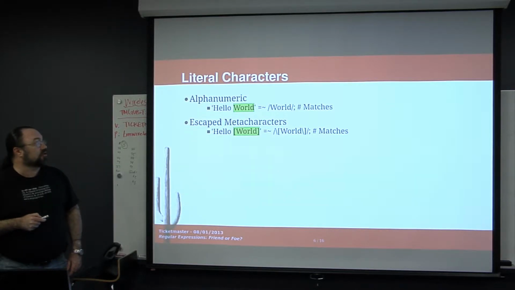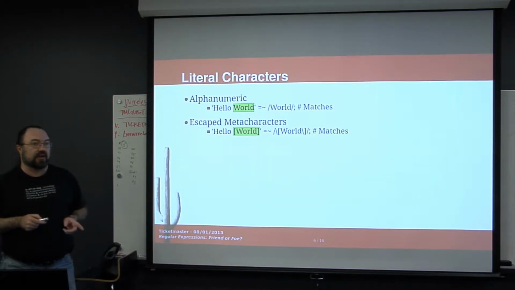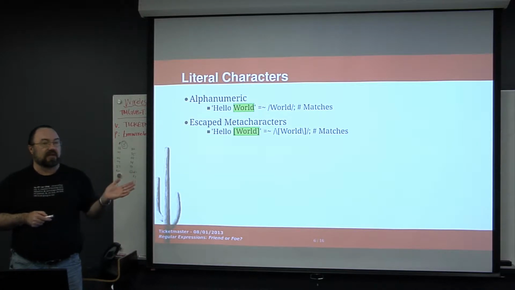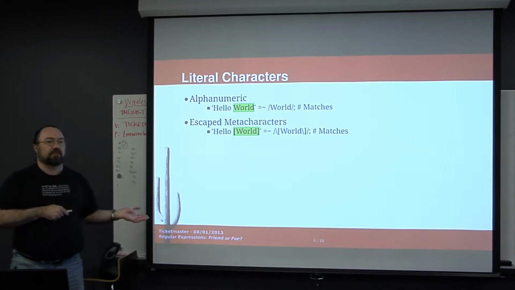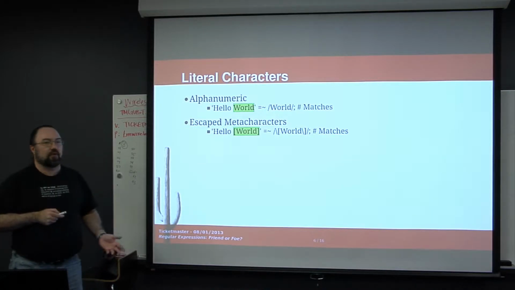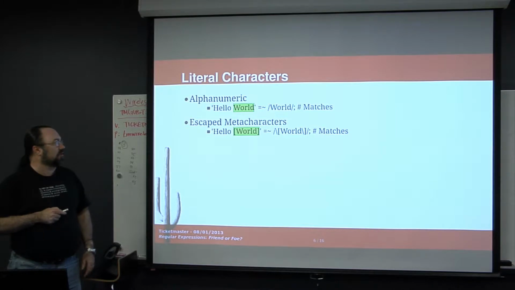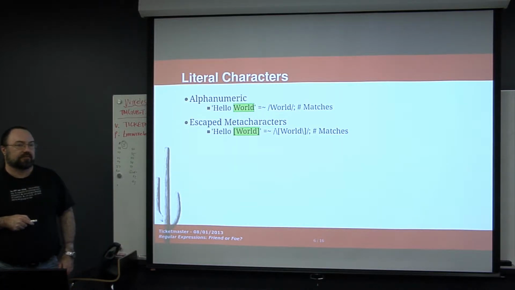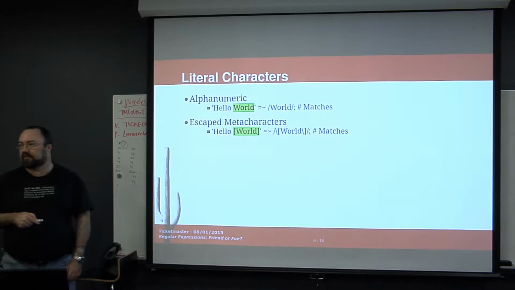Escaped metacharacters are treated as literal characters. That's what I was referring to before. If you want them to be treated as literals, you put a backslash in front of them, that takes away their special meaning, and it says, I really do mean a square bracket. I don't mean a character set. I actually want a square bracket. So if you had a string like this, notice I've got the backslashes in front of that, and so that will match. Any questions on that so far?